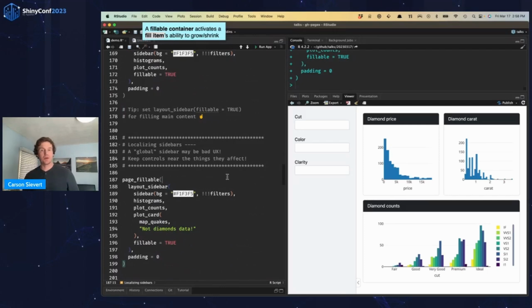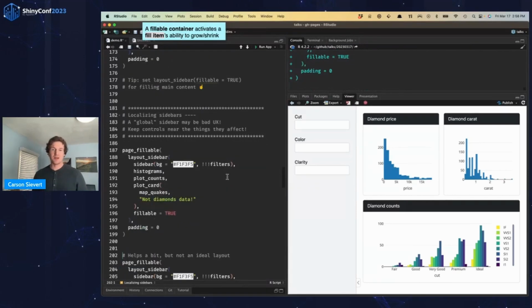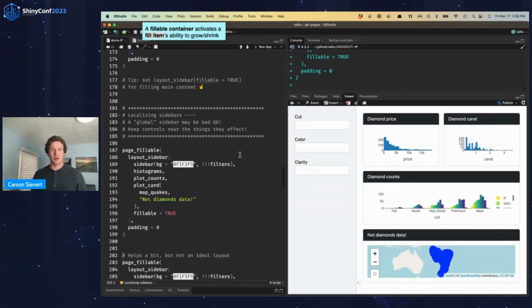All right, so this ability for layout sidebar to fit to the page is really nice, but it's not always going to give us a great user experience, especially in a scenario where maybe I want to add some more visuals.